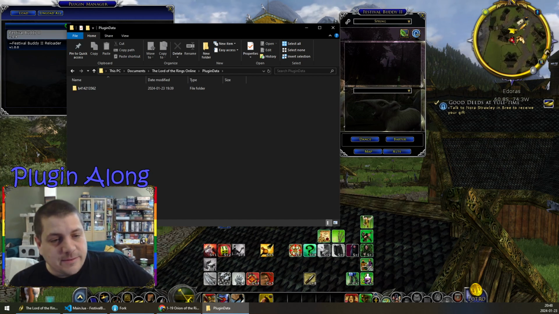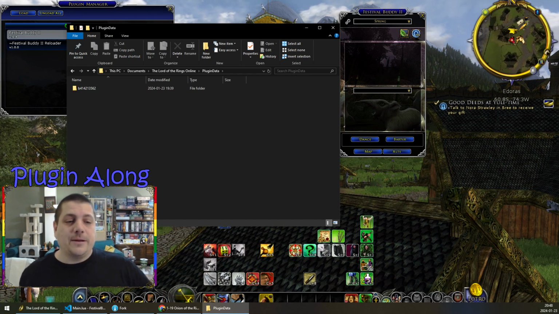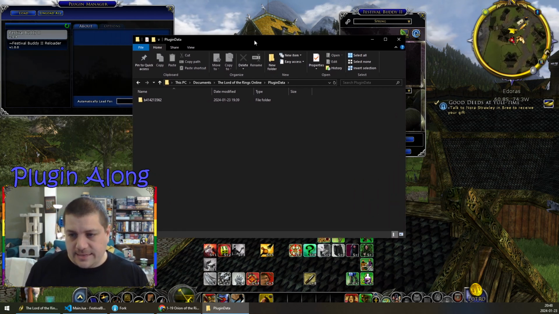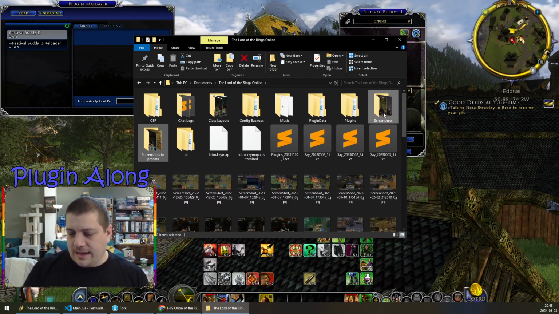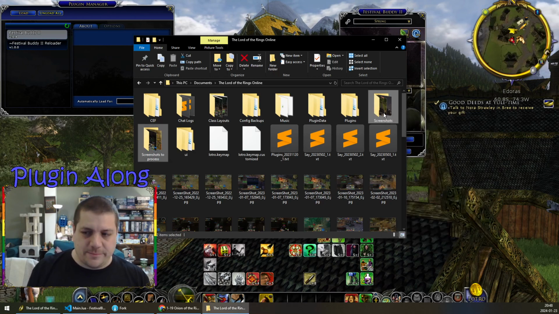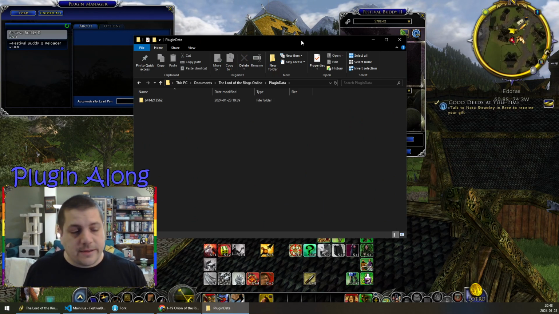Agartha says, sharing your documents folder is very risky. I've had one computer write stuff into userpreferences.ini that was incompatible with the other computer. Happened twice to me. Yeah, I would be very hesitant to share the entire Lord of the Rings Online folder. For one thing, I have so many screenshots, and I wouldn't want to burn 300 megabytes of cloud storage on my screenshots folders. But the plugin data folder itself, I do recommend to everyone, regardless of whatever else you do,